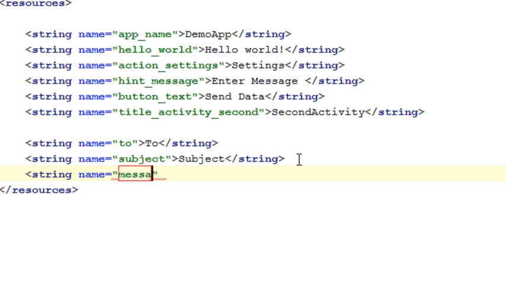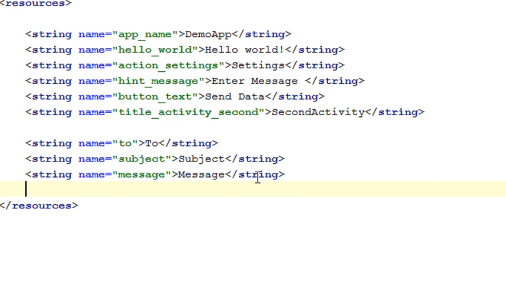Third one is message, and specify the value as message. And the final one is the label on the button. It is send, and specify the value as send. Okay,